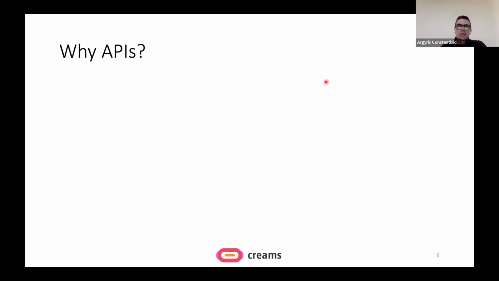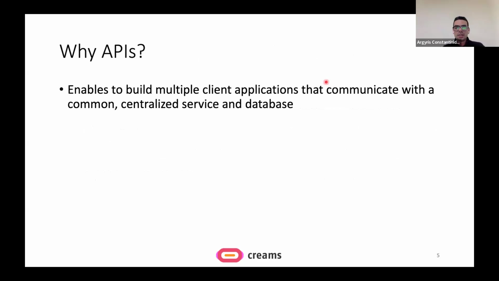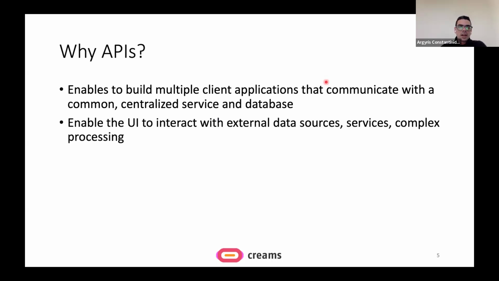Why did we choose this type of programming interface? In general, using APIs allows us to have multiple client applications that can communicate and send and receive data and resources to a centralized service and a centralized database. Also, it enables the user interface to interact with other data sources or services, as well as for complex processing.